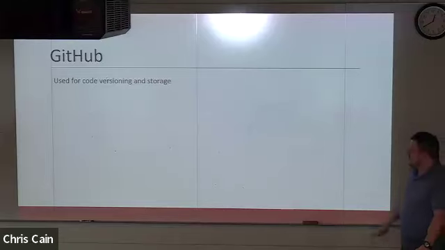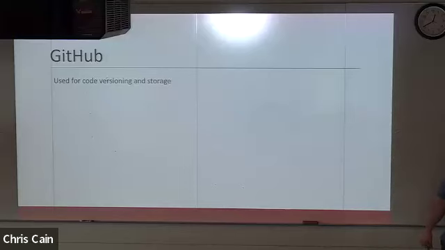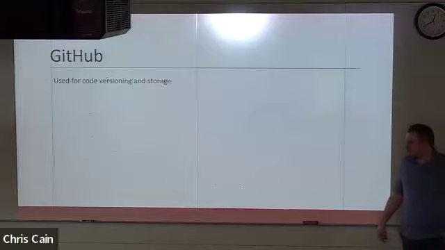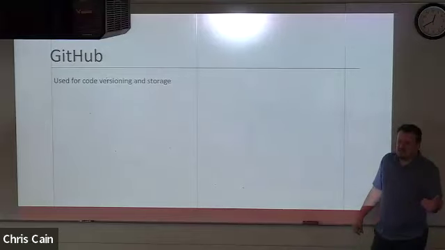Why do we think something like code versioning is important? Anyone know what code versioning means? So you'll have version 1, which will have the basic code, and then version 2 will have all the updated code on it. Yeah, so let's say I give you a project that is so big that it will take